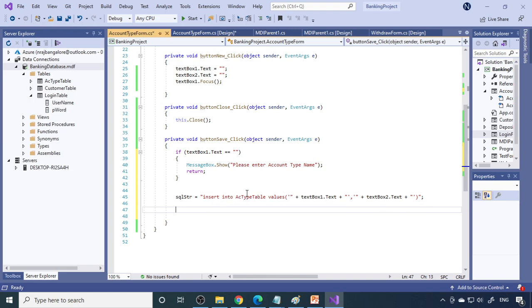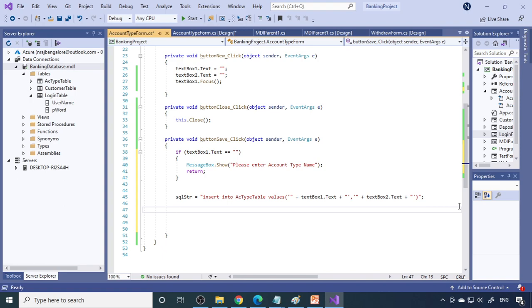So insert into table name, this is the insert syntax. Then values, the values are there in text box 1 and text box 2, therefore you have to use text box 1 here, but you have to use the single quote on both the sides. Comma, single quote on both the sides and then you have to close the bracket. After values, open the bracket and then close the bracket. So now your statement is ready.